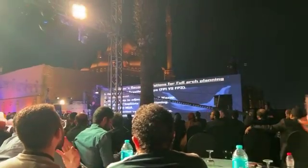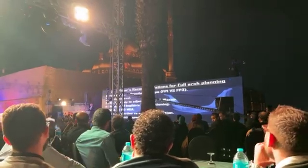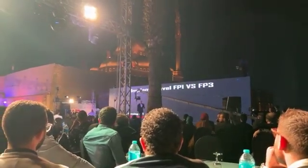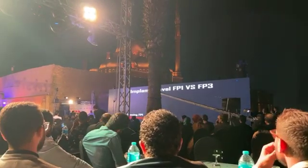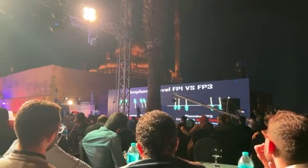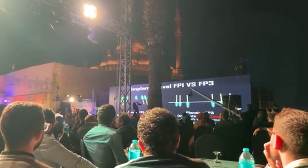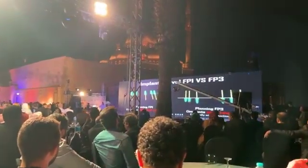Number 2, where do you place your implants? Do they have to be on the same level or can they be on different levels? That's really important too. This is my recommendation. When it comes to these cases, if you're planning FP1 cases, it's actually okay for the implants to be on a slightly different level. On the other hand, if you're planning an FP3 case, we always recommend that you plan your implants on the same level, and I'm going to explain to you exactly